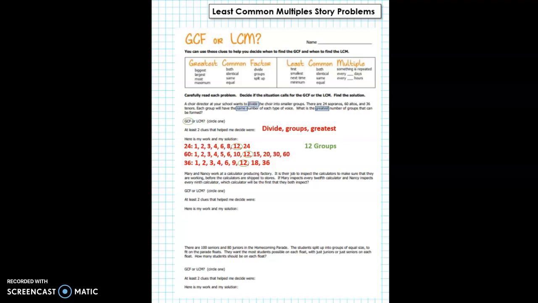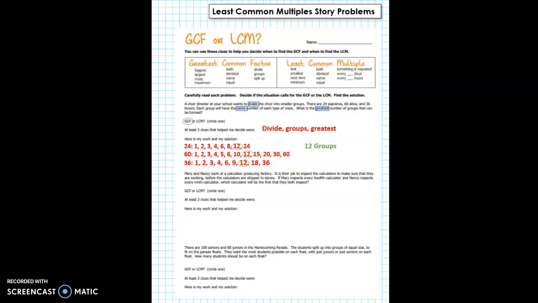Looking at the next problem, it says Mary and Nancy work at a calculator producing factory. It is their job to inspect the calculators to make sure that they are working before the calculators are shipped to stores. If Mary inspects every 12th calculator and Nancy inspects every 9th calculator, which calculator will be the first